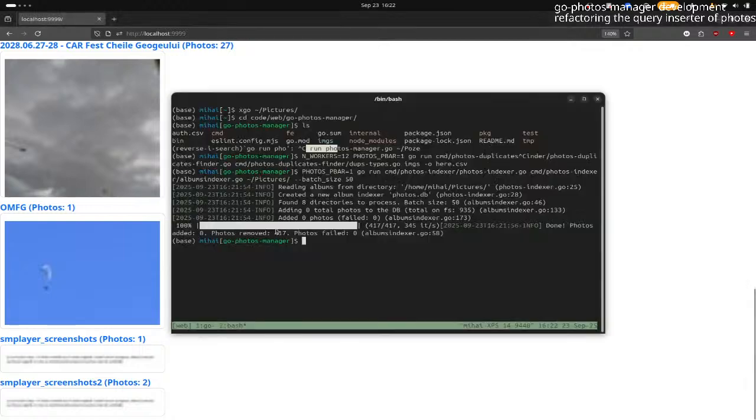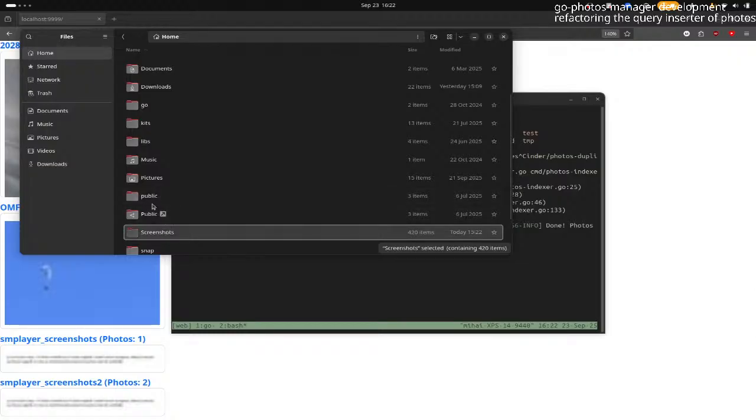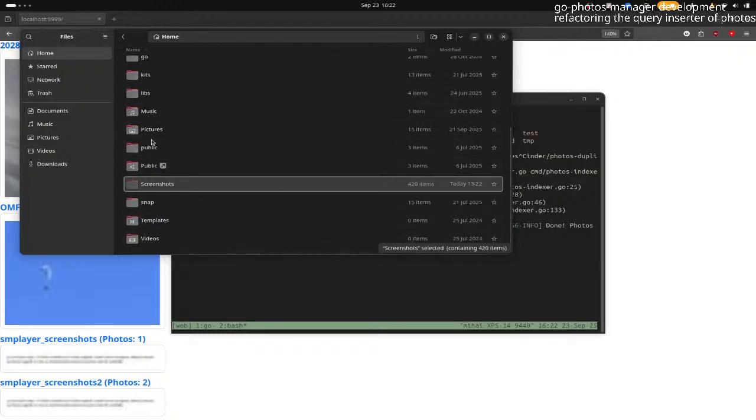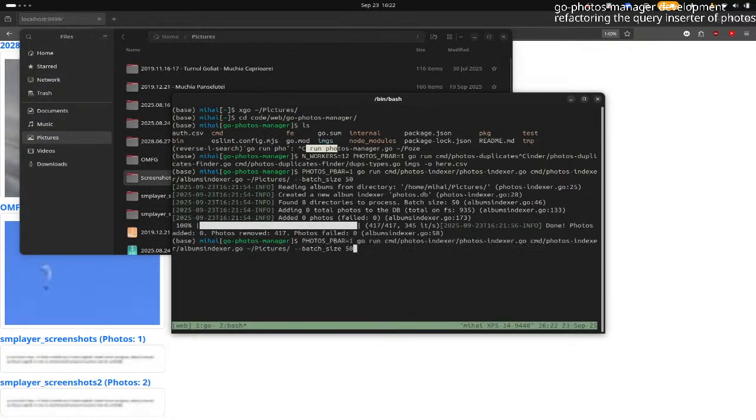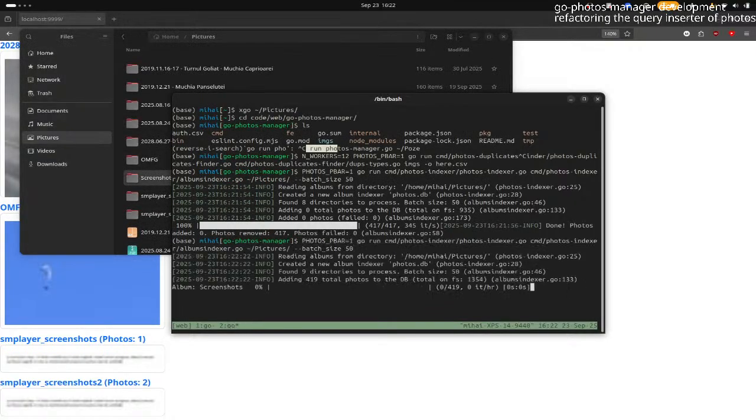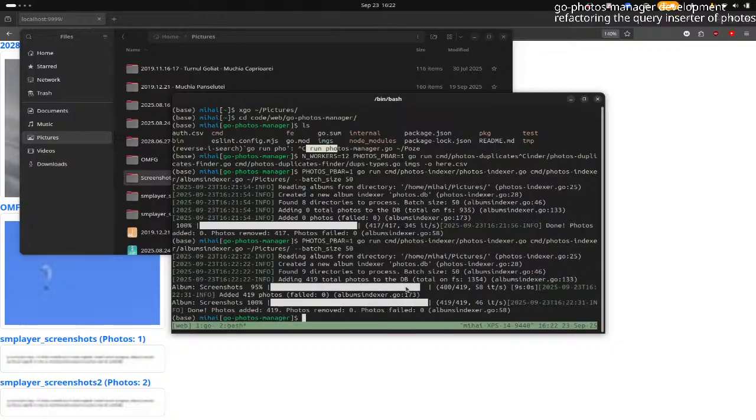Now, if I add them back, pictures, where is pictures? And I run it, it works, right? It takes a bunch, but it works. Now, the problem with this is the way I have implemented it. I'm using this batch size. So basically, I process 50 images, and then I add them. Then I process 50 images, then I add them. And this kind of combines